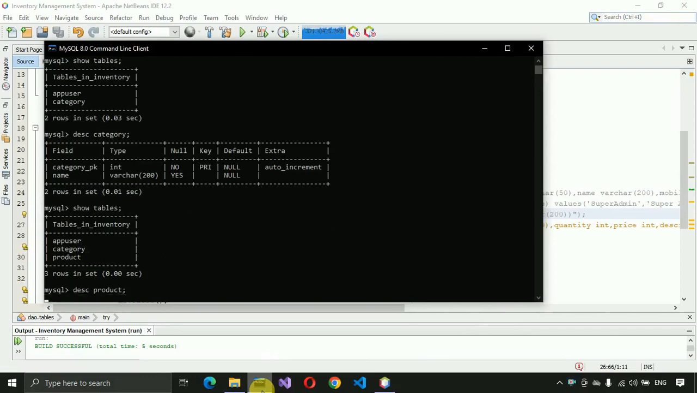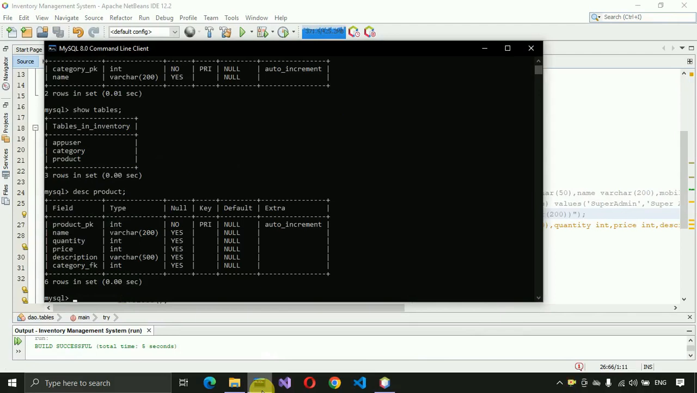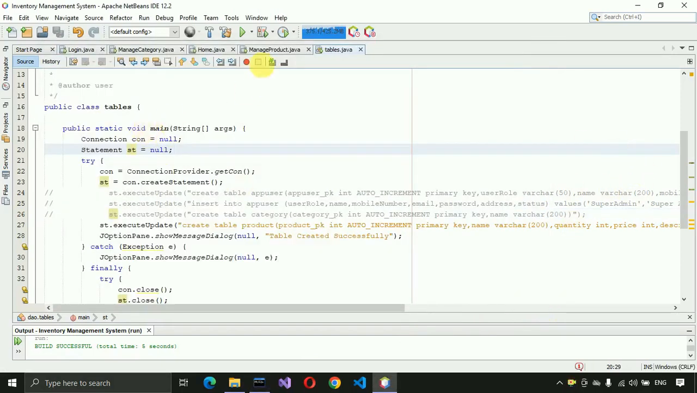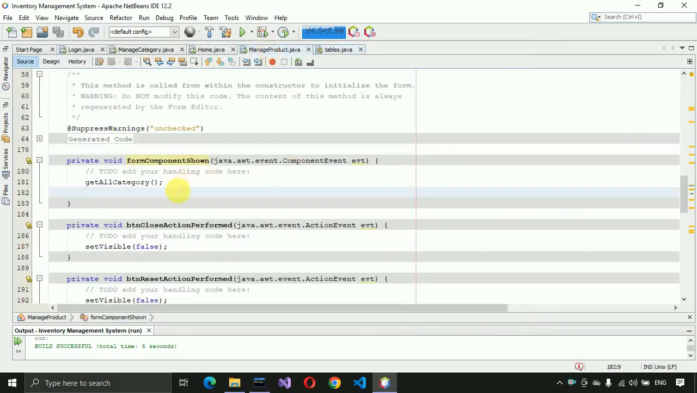If I show the description, you can see all the details: product id pk is there, name is there, quantity is there, description is there, price is there, category fk is there. After that we have to move back over here. Now we have to go to the manage product file, and in the source inside we have the formComponentShown event, and now here we have to write